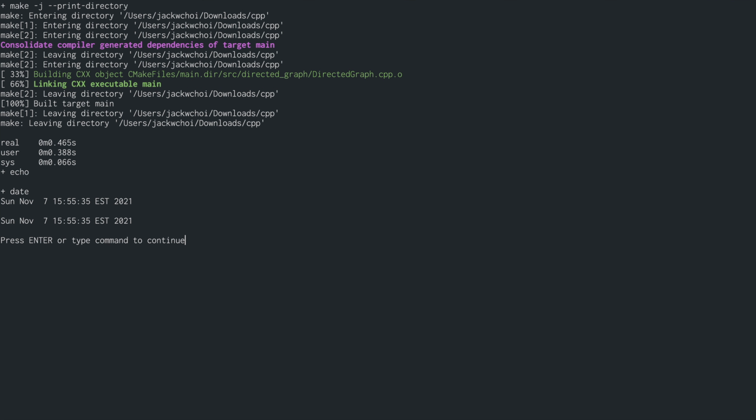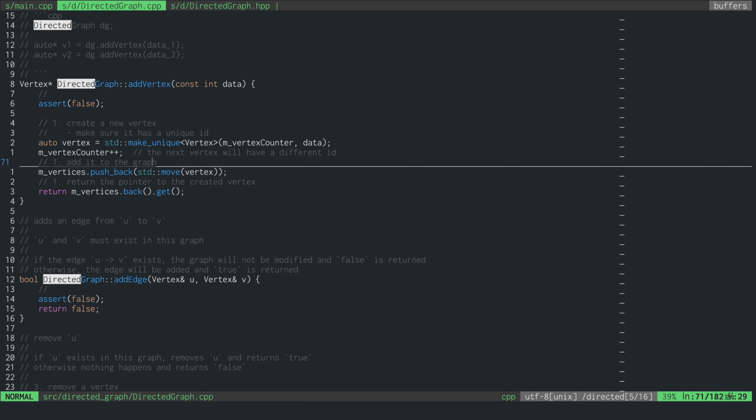And the last thing, I'm kind of nitpicking, but it's the way we grab the raw pointer to the vertex that we just created. Right now what we do is we look at the back of the vector and then we get the raw pointer. The first problem I have is that the connection of this line to the fact that we're trying to grab the raw pointer to the vertex that we have just allocated, that may not be clear. If I'm looking at this code for the first time, I might wonder, why are we looking at the back